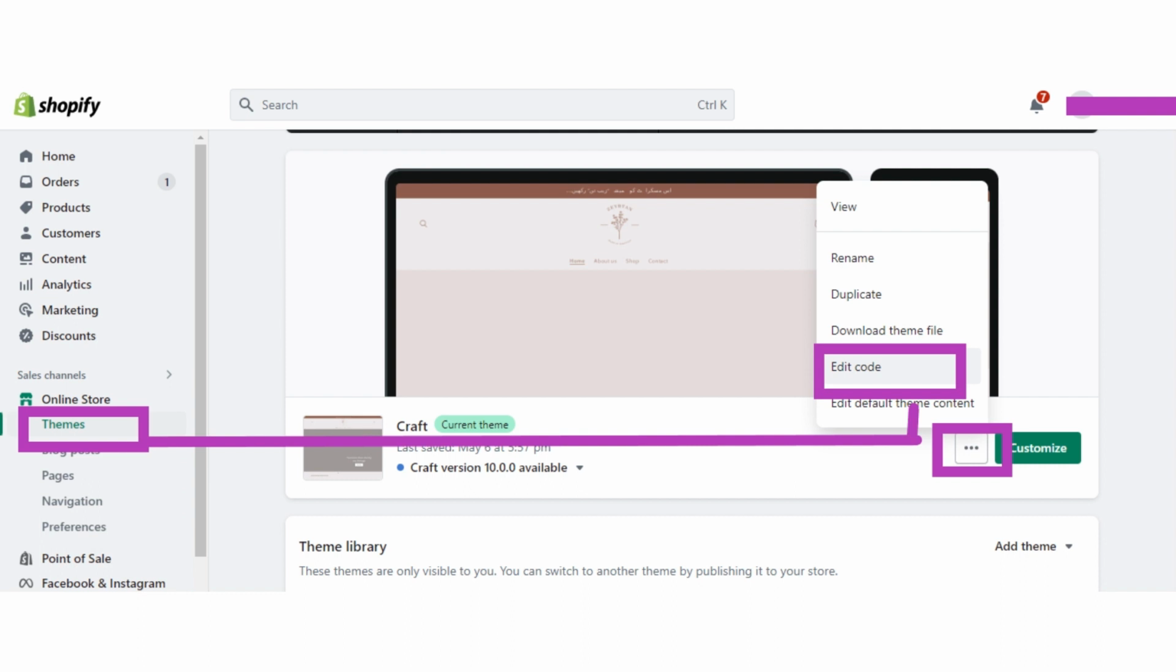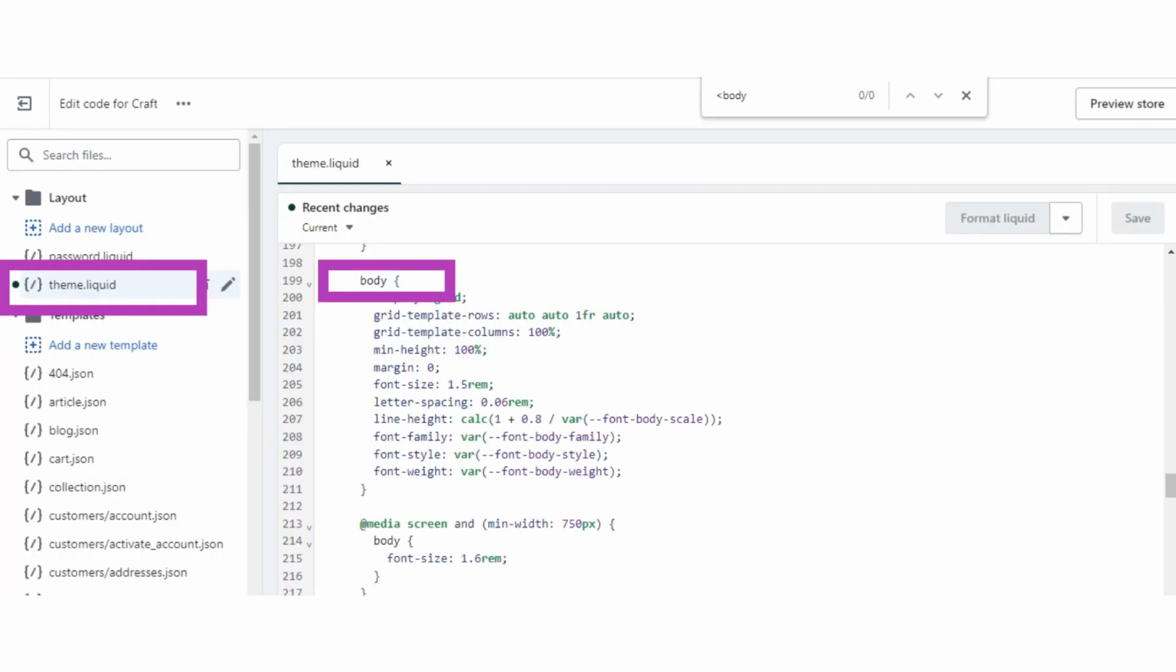And now click on the three dots button. After clicking the three dots button, a drop down will appear, and from that drop down you have to select the edit code option. So click on the edit code button. Now a code editor will open. You have to select the theme.liquid from it. After clicking theme.liquid,